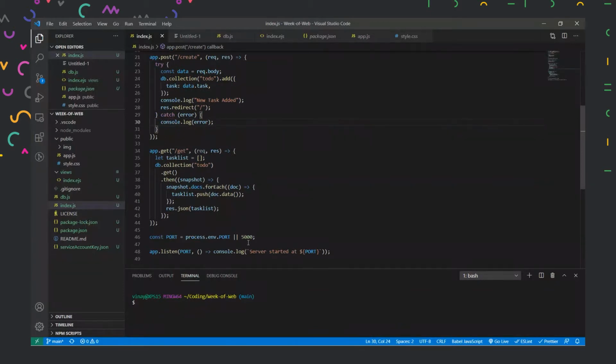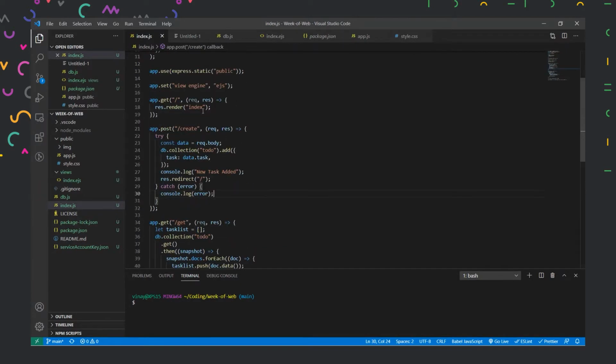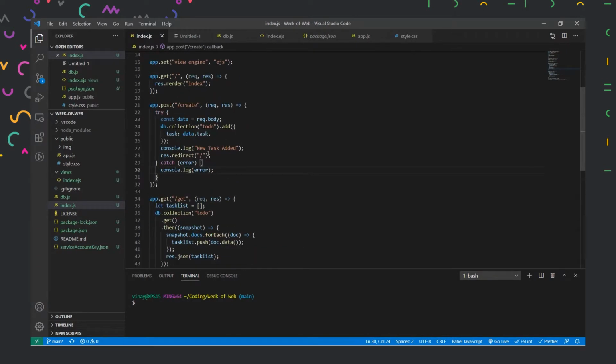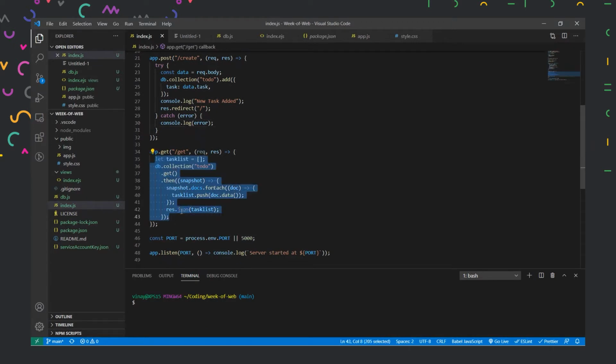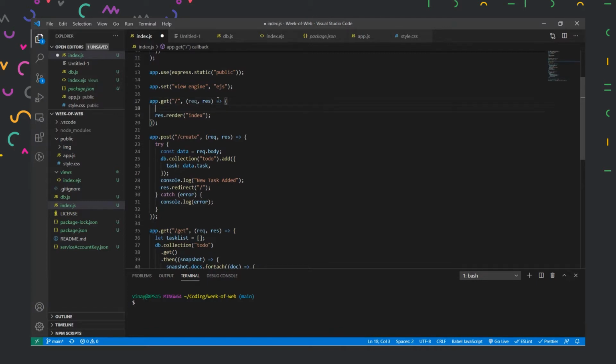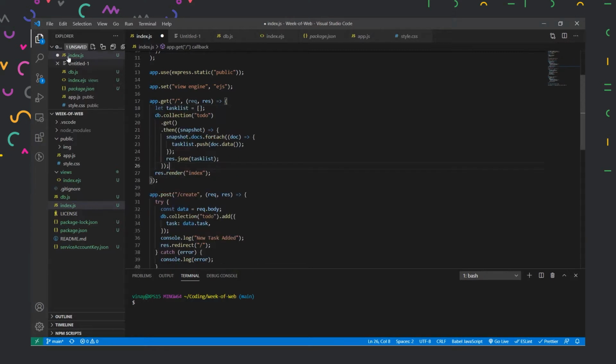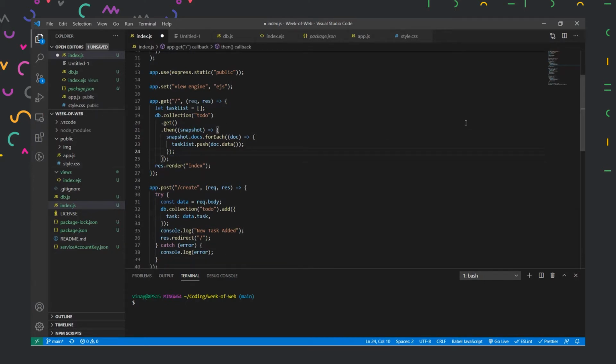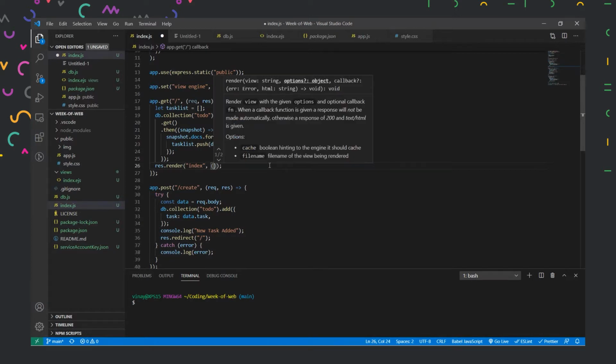So let us move ahead now. What we want to do is get all these tasks in our index file itself when it renders. So we'll define all this inside this API itself, where while rendering our index.html or index.ejs, we will do all these calculations over there itself. Here it will get all the data from our database, and then we are not sending JSON this time. We'll store it as an object over here. So we can just pass objects over here like this.